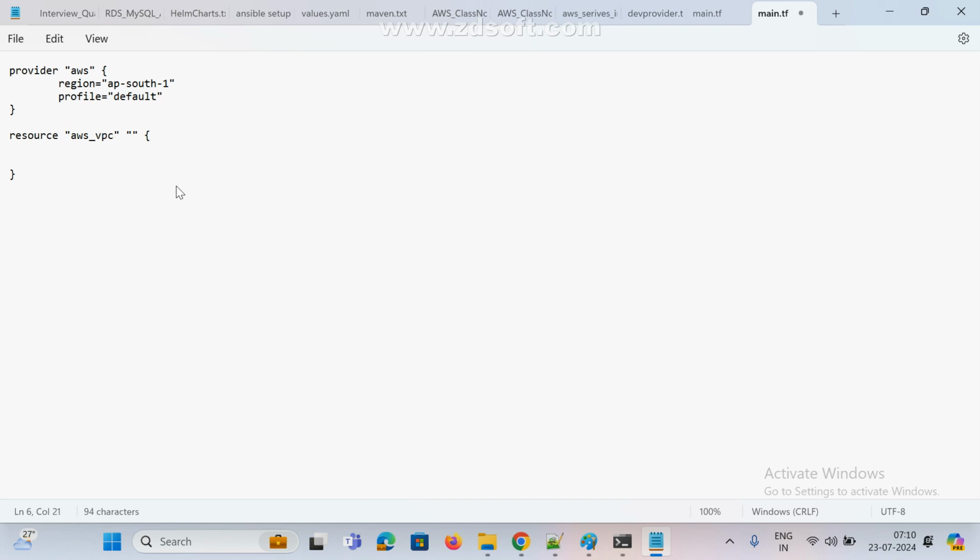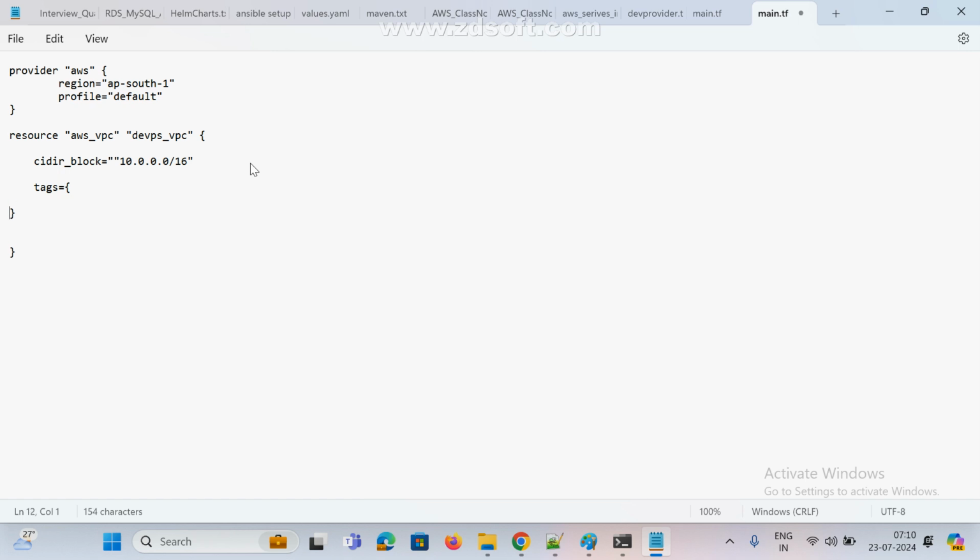Here we can give any name, so devops_vpc. The VPC expects a cidr_block equal to, we can give an IP, for example 10.0.0.0/16, and the remaining are optional. And then description, whatever you want, and also tags equal to,